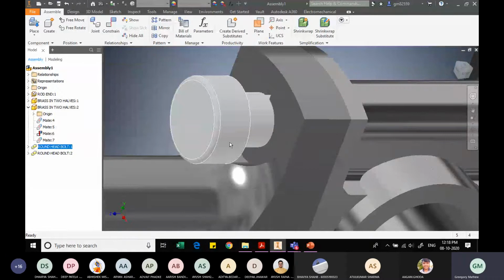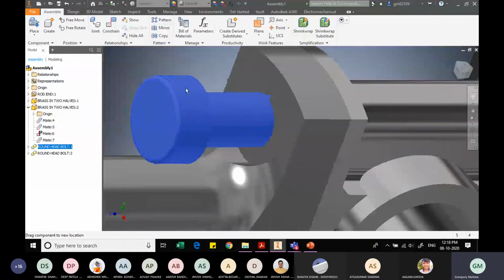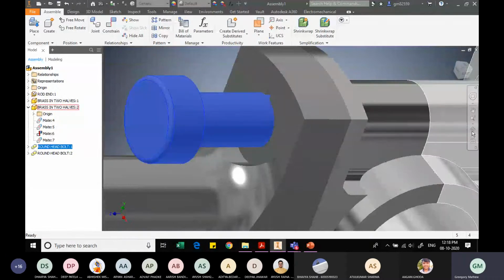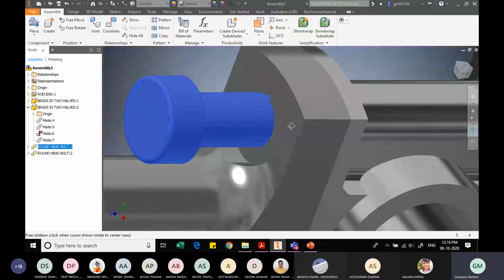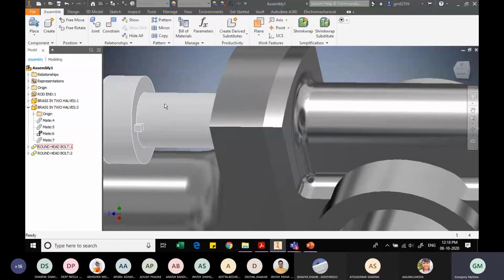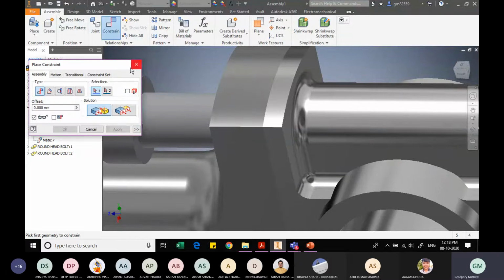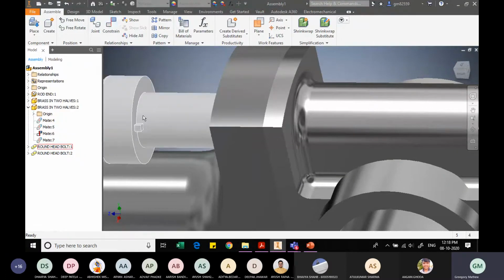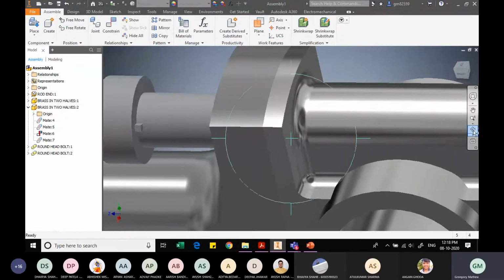Let me check what has happened. Maybe the dimensions of the slot are not the same. So that could be an issue why these are not in contact. Let me try it once again.